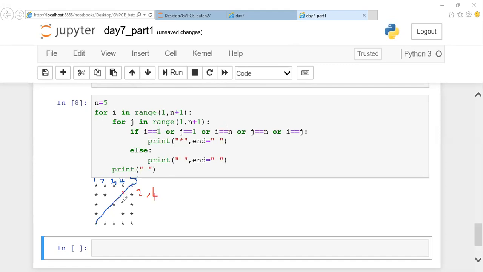And this index position is given at the index point 3 comma 3, and this is given at the index position point 4 comma 2, and this is given at the index position 5 comma 1. Sorry guys, it is the fifth row, right? 1 comma 5, 5 comma 1.